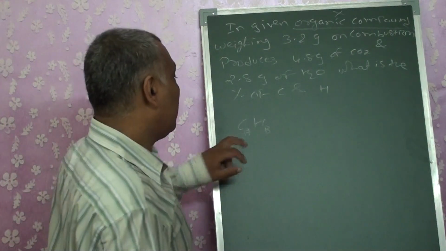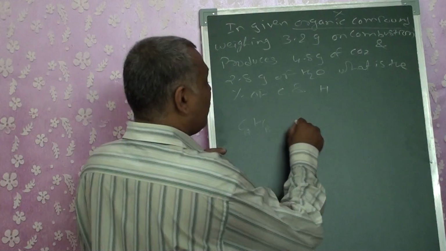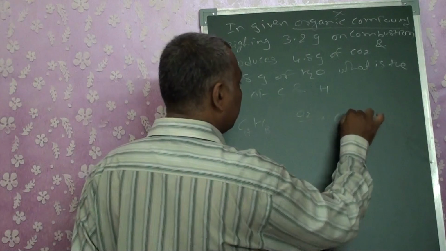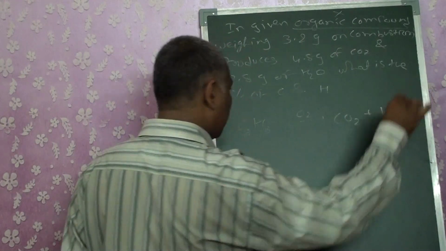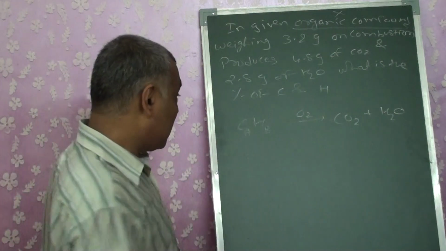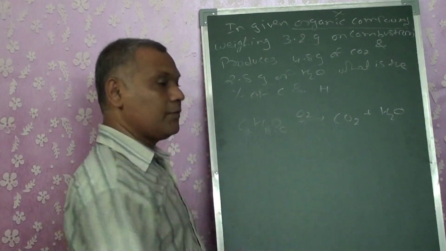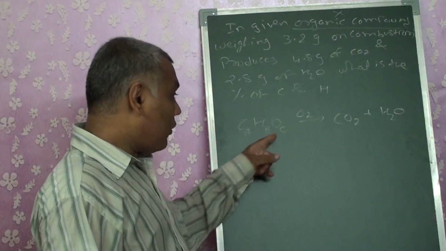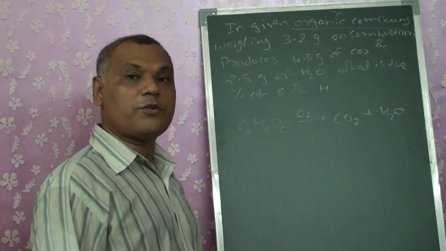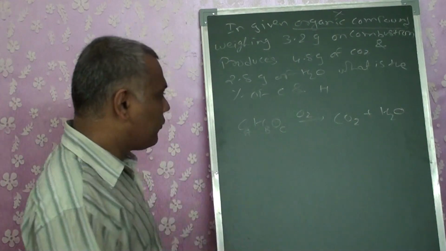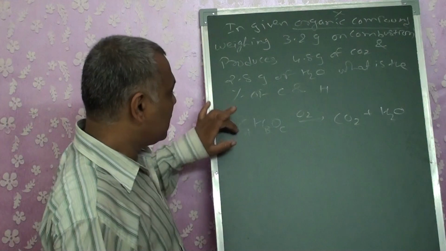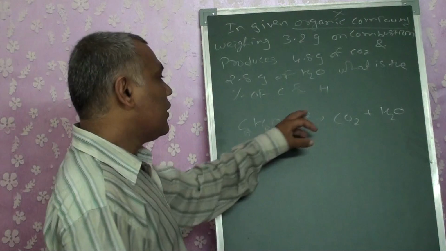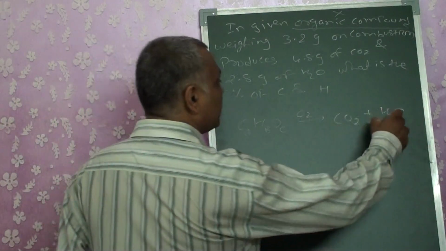But it is told that if this molecule is taken for combustion, it is going to produce CO2 plus H2O. Now there is a possibility that oxygen may or may not be present with it. We are not sure about it. How will we find out whether oxygen is there or not? That we will also understand. Suppose a compound has A atoms of carbon, B atoms of hydrogen and C atoms of oxygen. It reacts and produces CO2 and H2O.